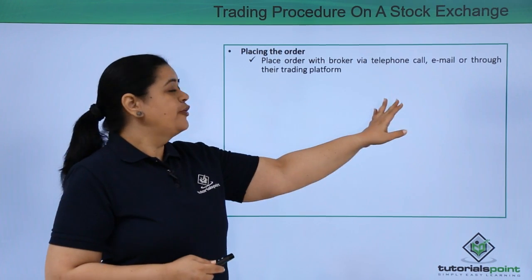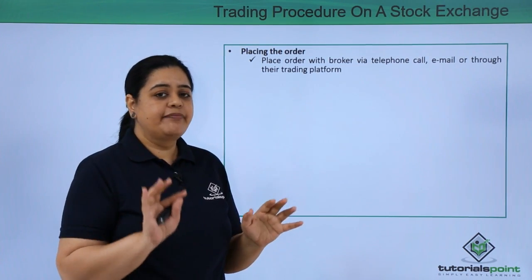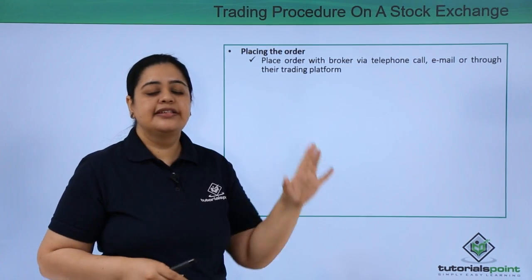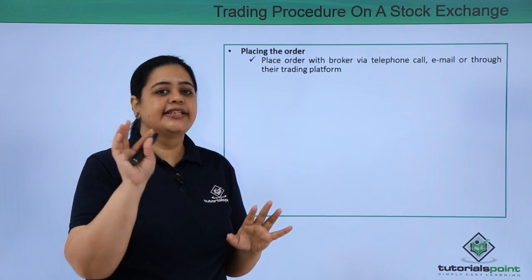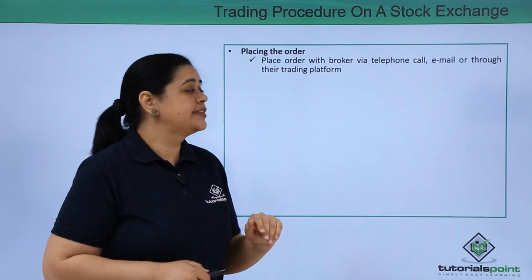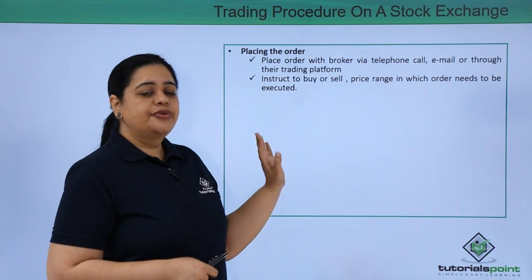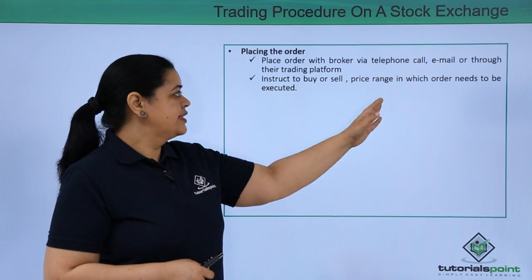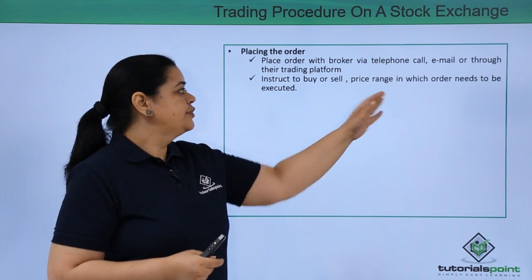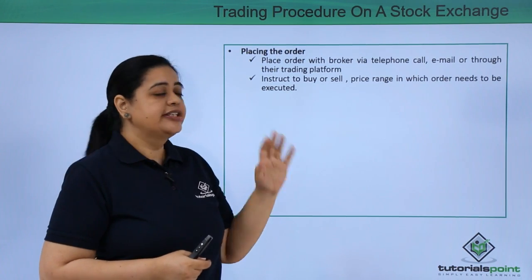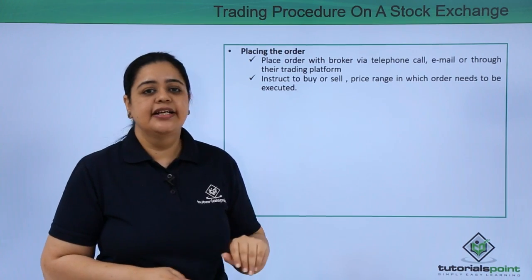Now, how do I place the order? This would be through a telephone call, or as I explained to you, through an email, or nowadays I can just log into the systems which these brokers have, wherein directly I get connected and I can just place an order via those systems. That is the trading platform, which we call. Okay, now here through the trading platform I can buy or sell. Okay, and we also have the facility to mention the price range in which the order needs to be executed. Similarly, if I am doing it through telephone, then I can tell him all these details.